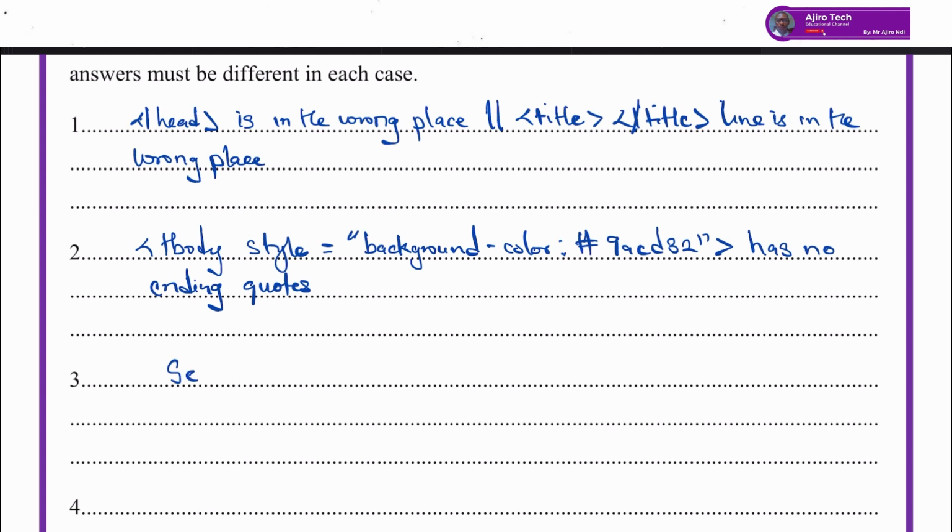The SCL is not correct syntax. It's not correct syntax and should be